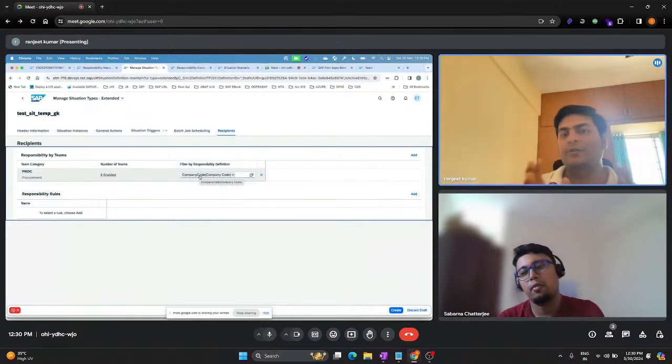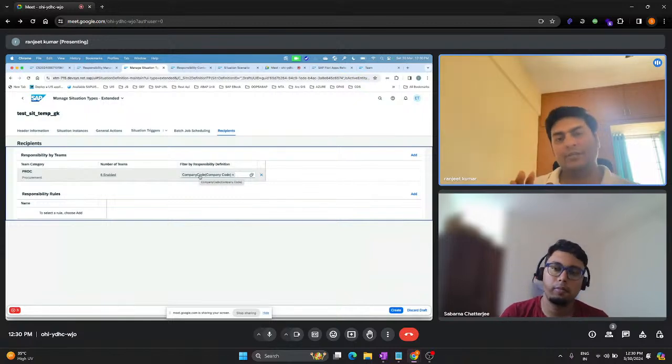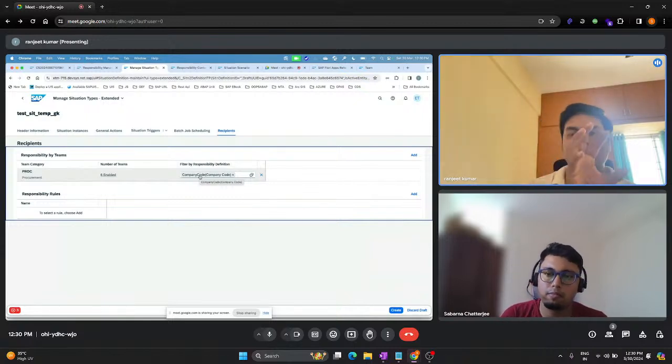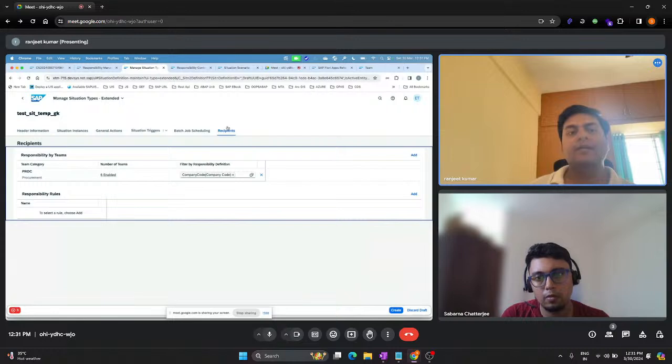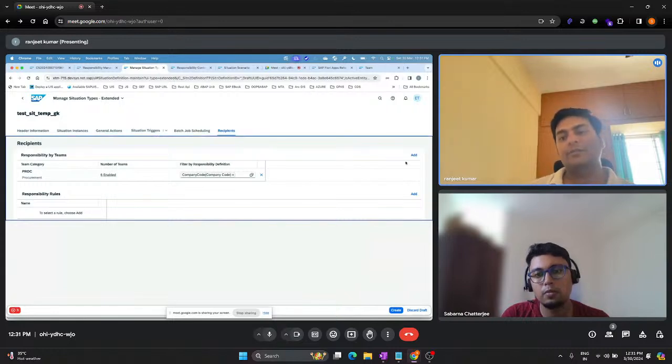Okay, you have your context ready now. Once your context is ready, take your context and feed it into your manage situation scenario application. Once you feed that context into your scenario and go further in the process of creating a team, where the managed situation template or managed situation types are extended, it will give you this recipient. You will be able to get an option of the category and the role.